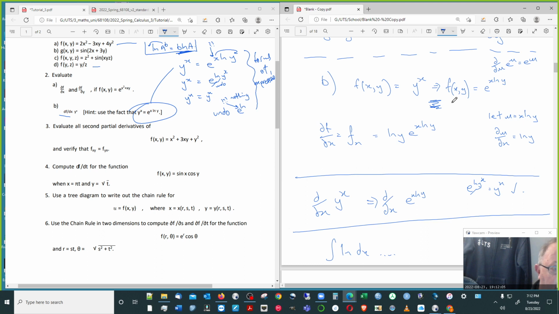Alright, so I think it was only asking for the f dx in that one, so that's good. We could do the y part, but you can see what's going to happen. The differential of ln of y is okay, it's 1 over y, so our part here would be,